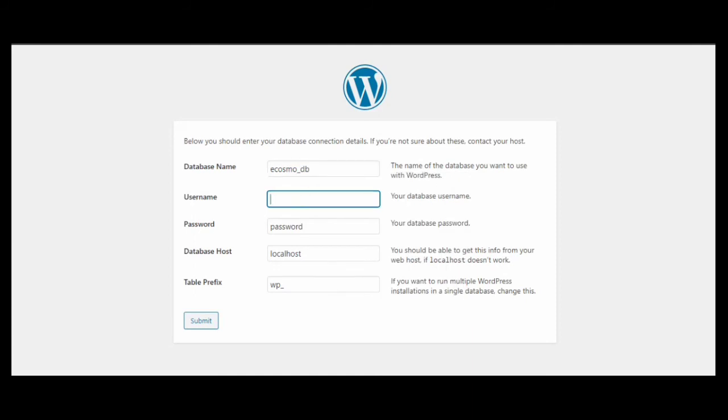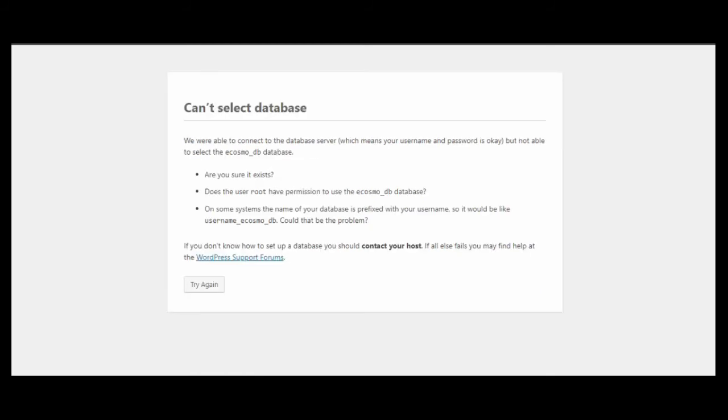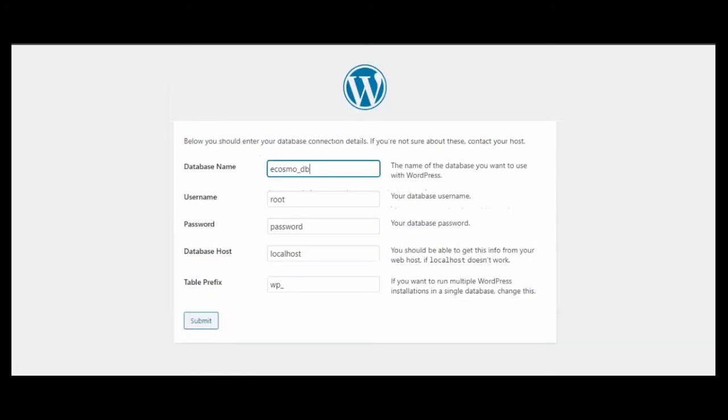Now there should be no password over here, and the username should be root. The thing is, if you use database host to be localhost and submit it, an error might occur. For example, like this. So in place of localhost, provide localhost:3308. By default, these are the servers of WAMP server, and submit it.